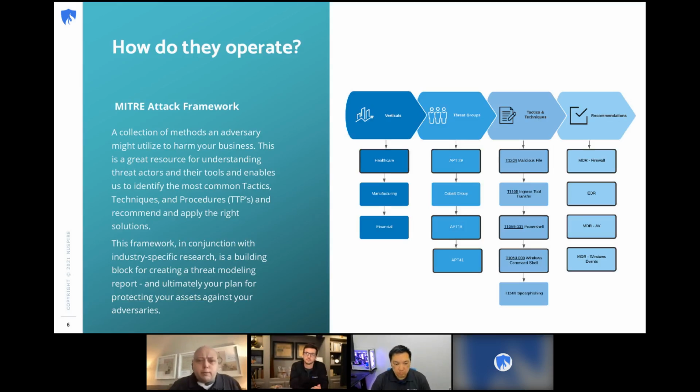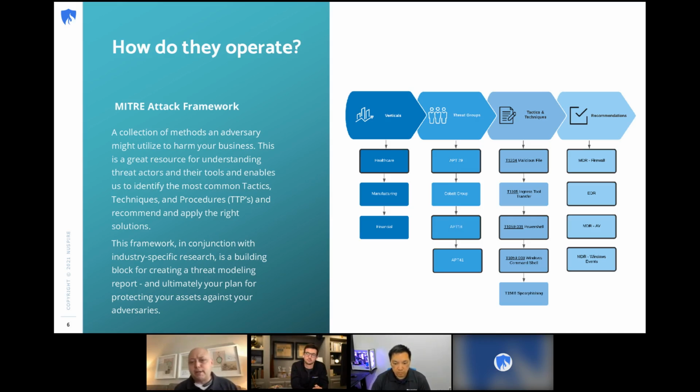So, I want to bring Jerry into the conversation here on how they operate. This is something that MITRE, with the ATT&CK framework and the PRE-ATT&CK framework, has done a really good job of structuring: a way to inform how the bad guys operate, specifically tactics, techniques, and procedures, TTPs, we call them. I know most of you on this call have probably heard of the MITRE ATT&CK framework and know what it is, but Jerry, if we could get your perspective: this thing has really been widely adopted by pretty much every industry. It's a pretty common way of dissecting how the enemy operates.